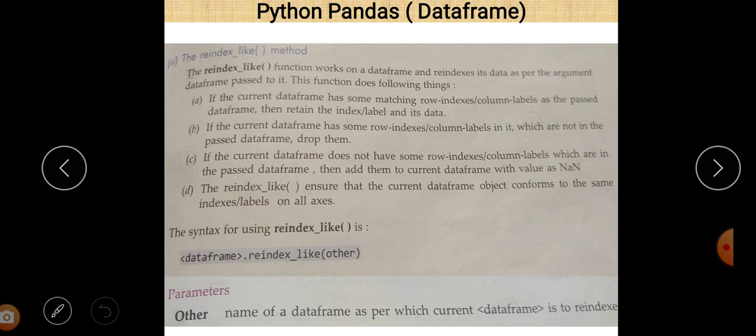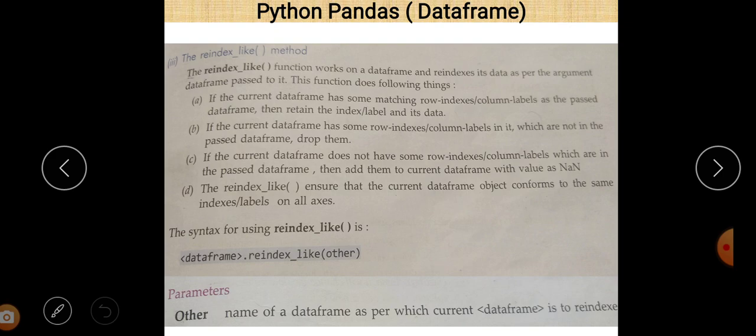Second, if the current data frame has some row index or column label in it which are not in the passed data frame, drop them. And if the current data frame does not have some row index or column labels which are in the passed data frame, then add them to the current data frame with value as NaN. And reindex_like ensures that the current data frame object conforms to the same index labels on all axes.